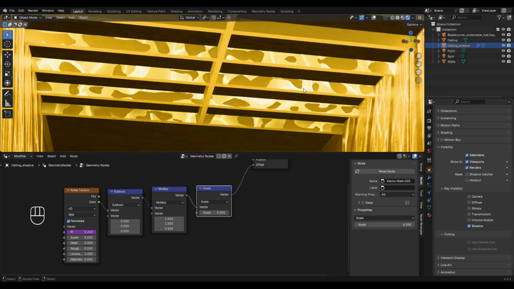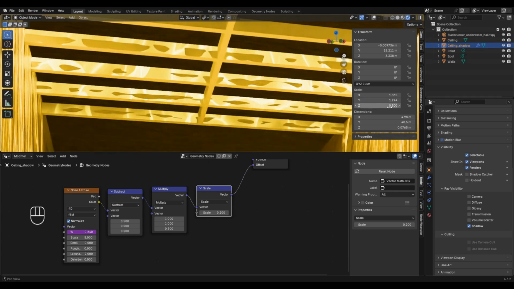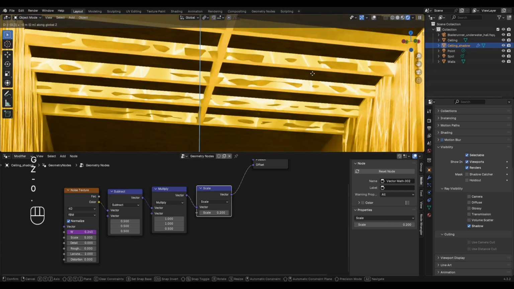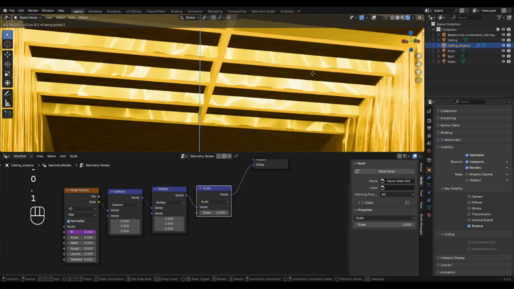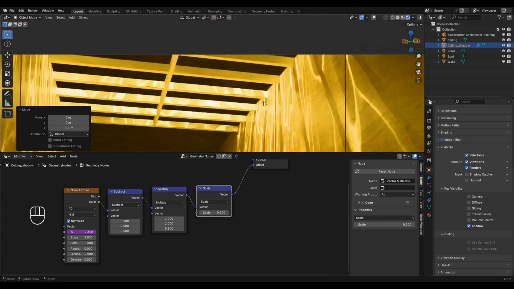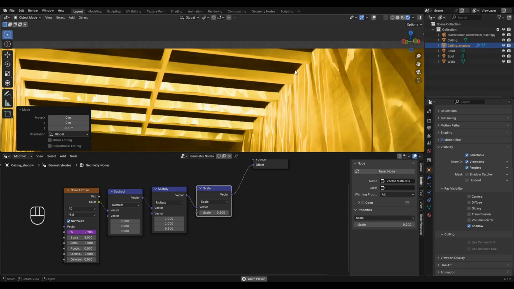Select Ceiling Shadow Object. Set the object scale to .3. Move down by .1. Make sure that there is no gap between the ceiling ribs and the shadows.